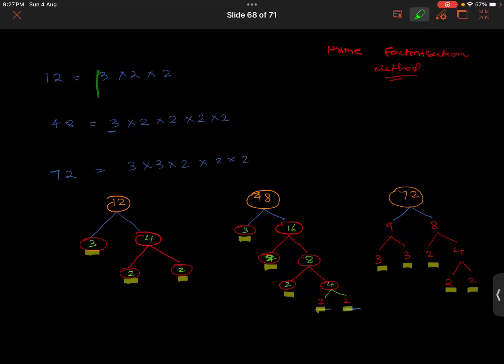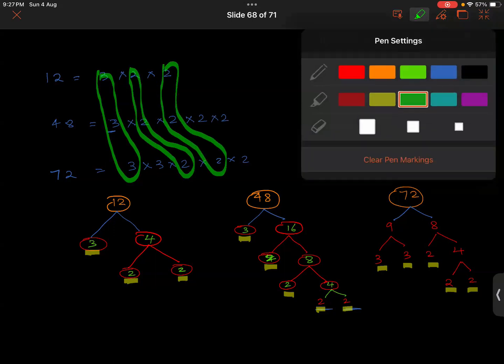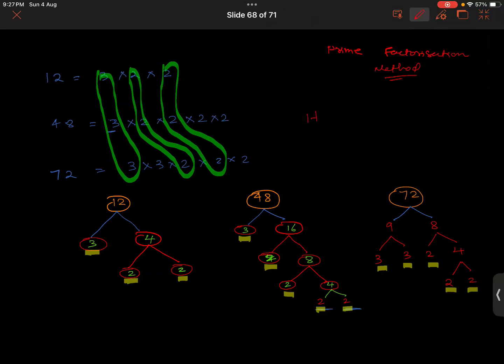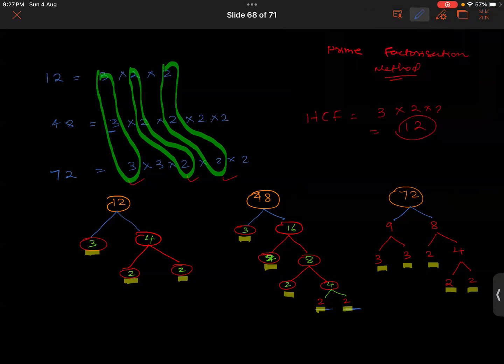So this 3 will be common, right? It is common in all of them, right? Okay. And then this 2, and this 2 is common in all of them, right? And there's one more 2 which is common, right? That much only. So thereby HCF is 3 times 2 times 2. This 3, this 2, and this 2. So that is 12, and that is the correct answer for the given question. Hope that is clear. So you guys understood this, no?